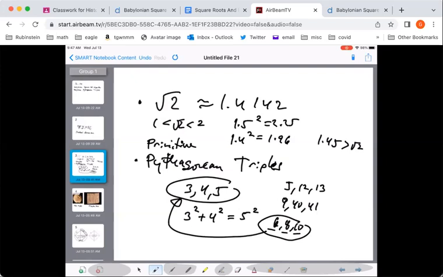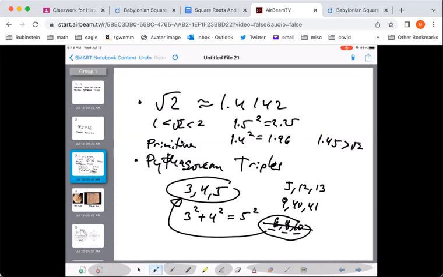So if I throw in the word primitive Pythagorean triple, 6, 8, 10 comes off the list, because you can take any Pythagorean triple and double all the numbers or triple all the numbers or multiply them all by 4 or 5, and you'll get another Pythagorean triple that will work, but it won't be primitive anymore. So primitive Pythagorean triples, let's see,